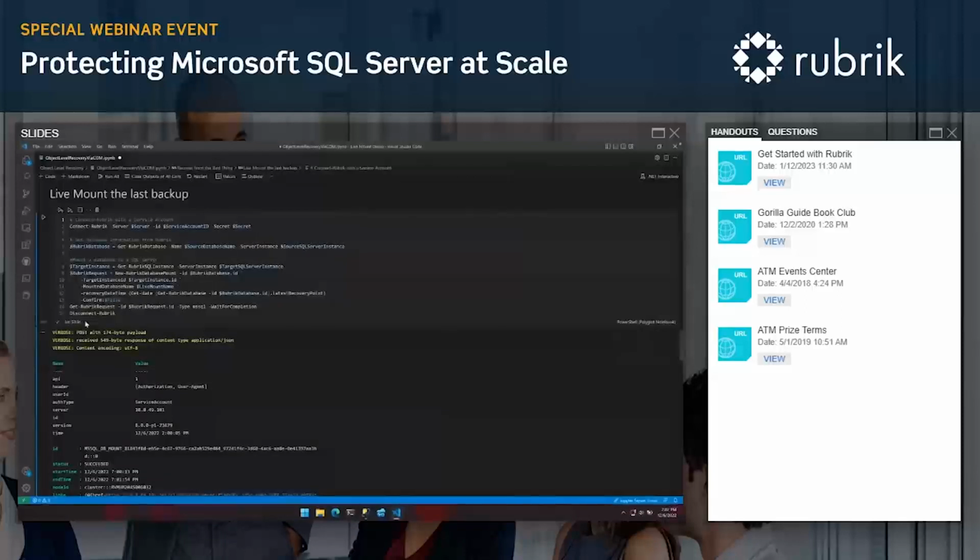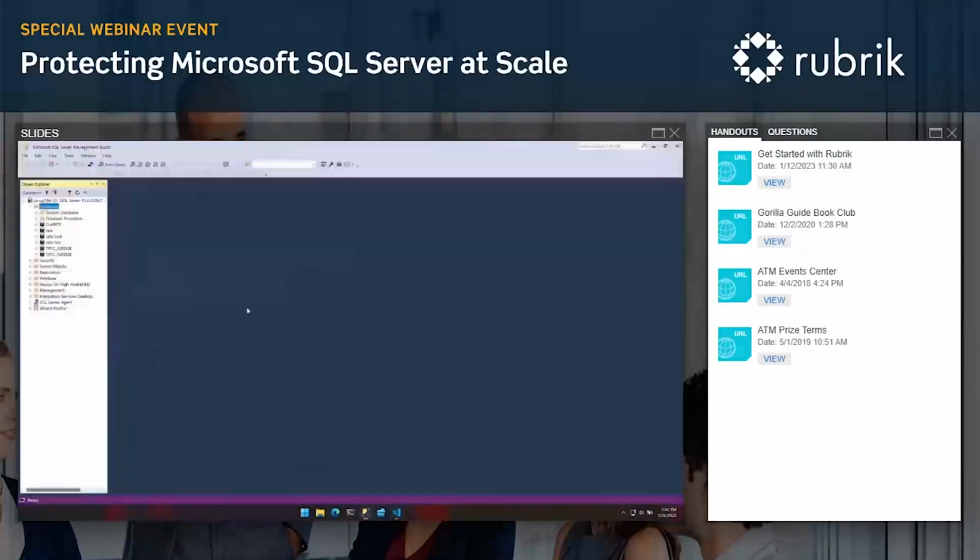So in a minute 53, we just mounted and made a 2 terabyte database available back to a SQL Server. And I'm going to cut over to SQL Server here, refresh this environment, and show you. I have this new database here called Live Mount. That's sitting right there. If we come back into our notebook,